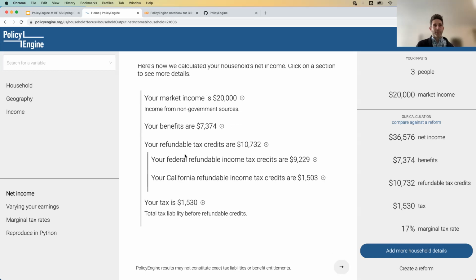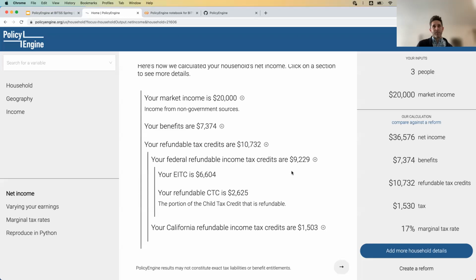In terms of refundable tax credits, this household would receive $9,000 from federal. So EITC, they get $6,600. And then the CTC, the child tax credit, is actually kind of a combination of 2 programs. One is a refundable credit, the other is non-refundable. So we show the refundable separately here.